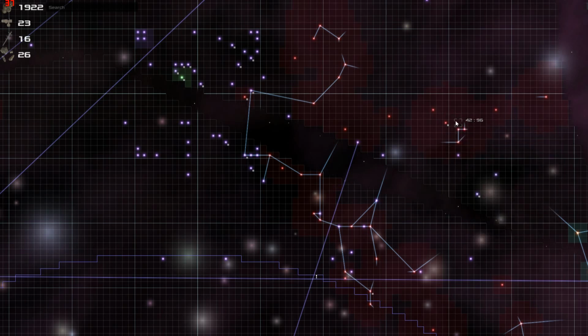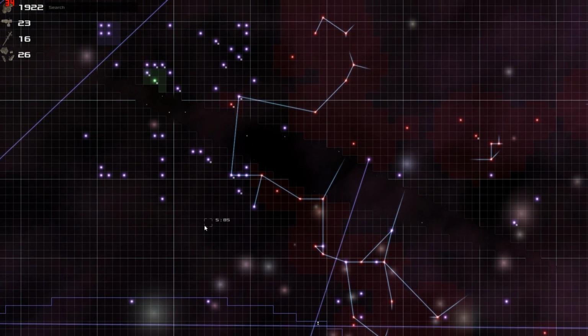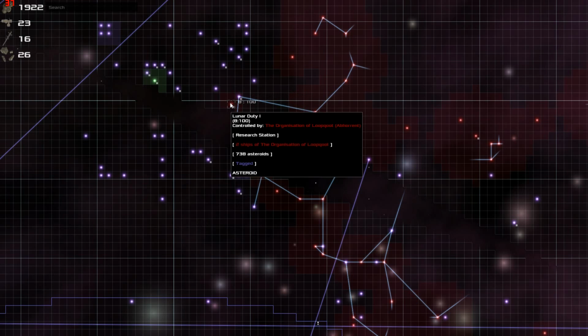Like this one right here would be a good sector to pirate ships in, because you're probably going to get a plethora of different kinds of materials that you're going to use. However, if I want just pure cash, billions and billions to build some stuff, I'm going to pirate the systems that have the big